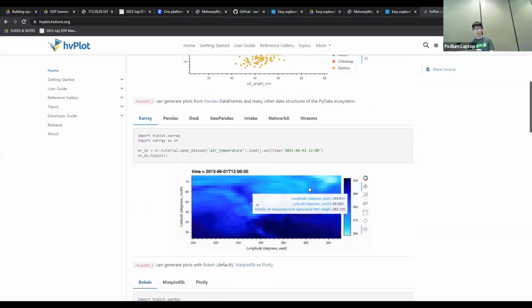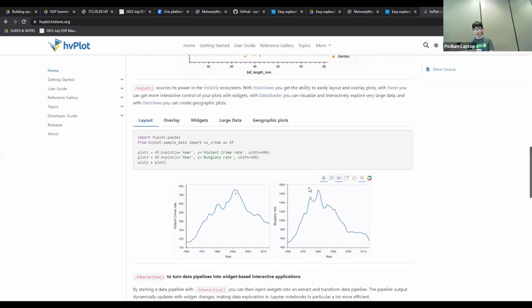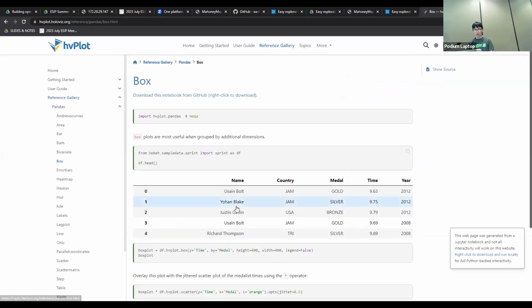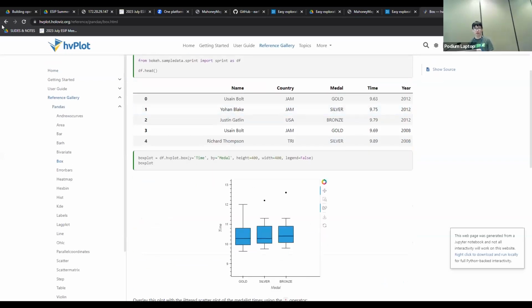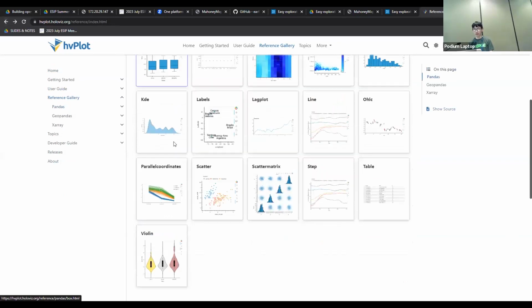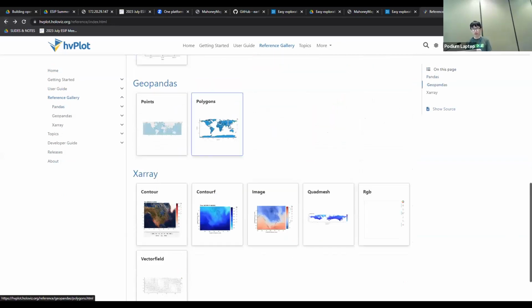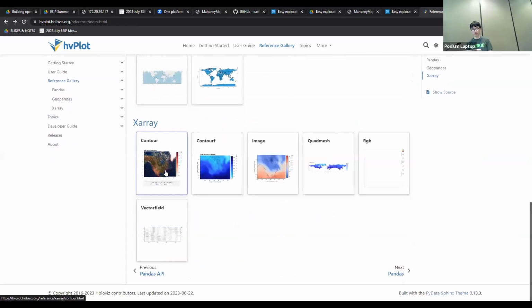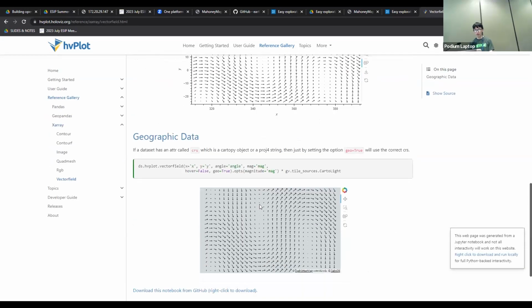And there's so many things you can plot with hvplot. Like if we look at the reference gallery, it's not just heat maps. You can get box plots easily just by using .box. It's really, really strong, very powerful. And violin plots. And if you work with shape files, it also works. Just specify hvplot geo equals true. There's so many things you can do with hvplot. Vector fields as well. And yeah.